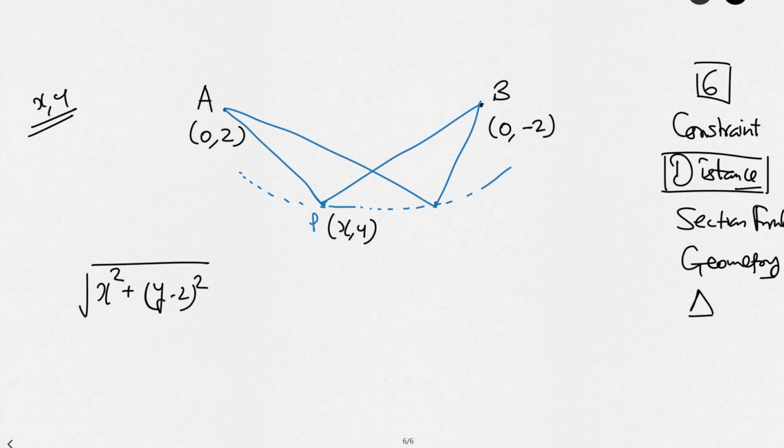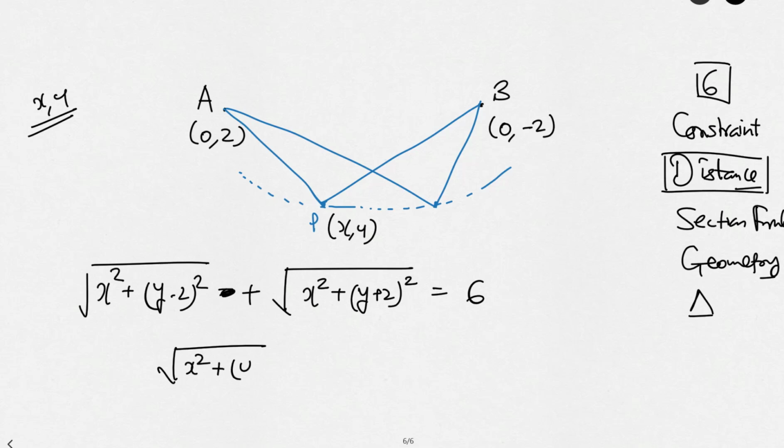This distance, plus another distance, the x coordinate is 0, so x squared plus y plus 2 squared, equals 6. Take this to the other side: the square root of x squared plus y minus 2 squared equals 6 minus the square root of x squared plus y plus